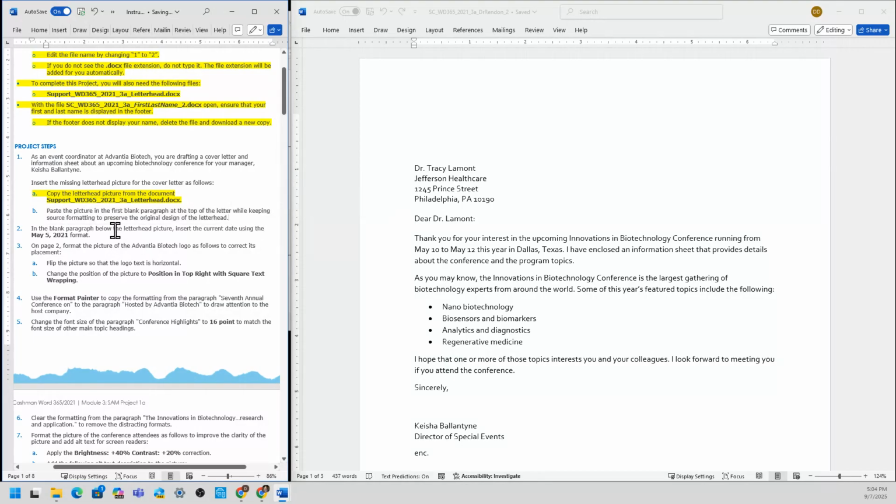I'll also read step 2, which is inserting a current date using this format. I'm going to select this one as well.